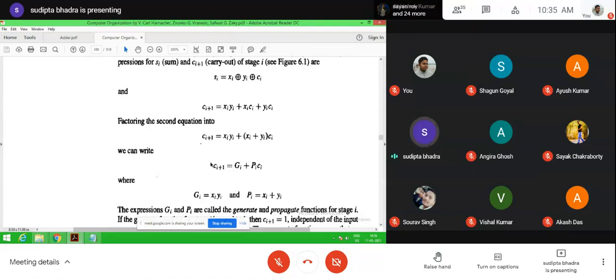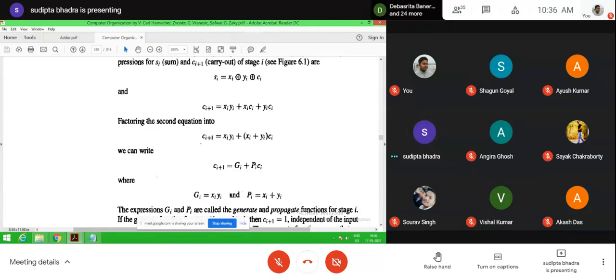Now we can write Ci plus 1 in the form Gi plus Pi Ci. Gi is Xi Yi, and Pi is Xi plus Yi. Gi is the generate function and Pi is the propagate function.